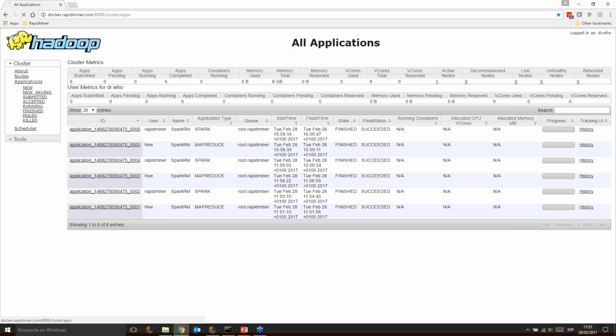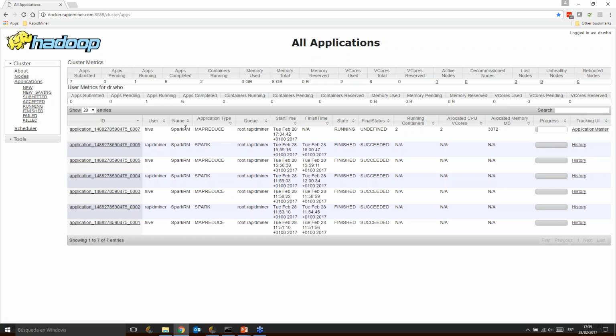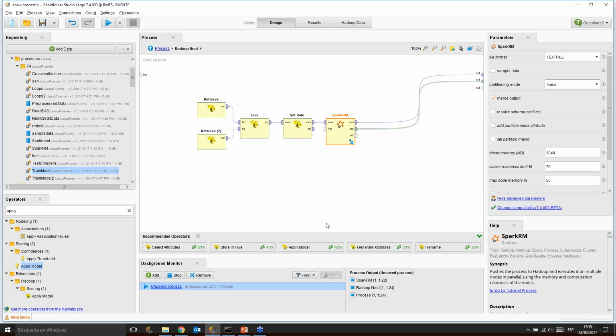Let me check if it's already there. So it is already running. I can see the Spark RM. The first task is a map reduce. The second will be a Spark one, and so on, right? This is about it. It takes about 2-3 minutes to finish. So let me go back to the presentation